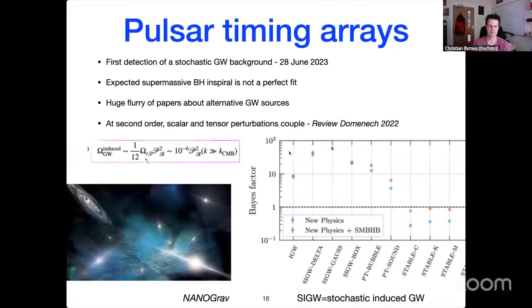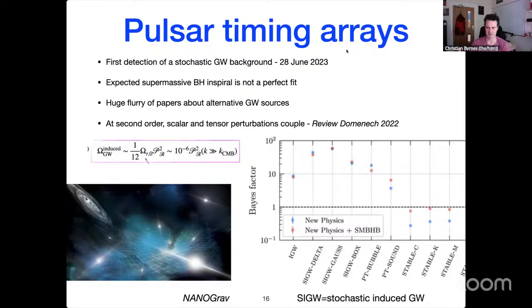And this also relates to the pulsar timing array. This was very exciting, and it's now about 3 years ago. There was the first detection of a stochastic gravitational wave background. So different from seeing individual major events, this was seeing basically all of space rippling around us in every direction, just like the CMB is. It's a uniform background coming from every direction. Where does this pulsar timing array signal come from?